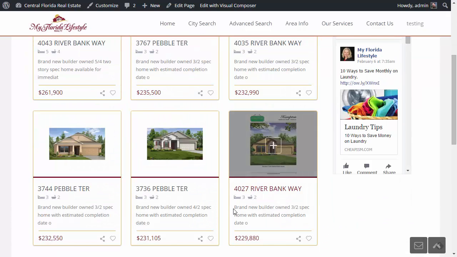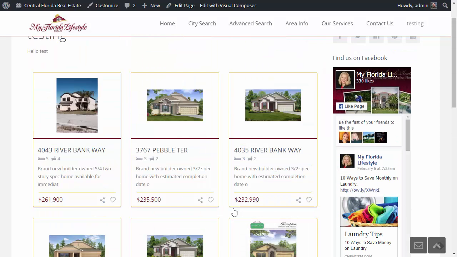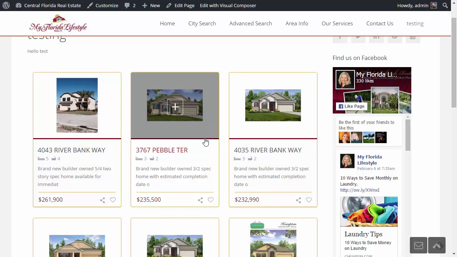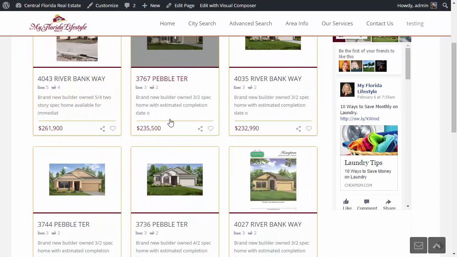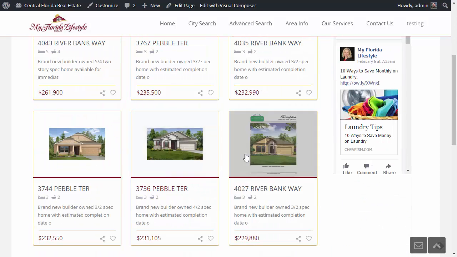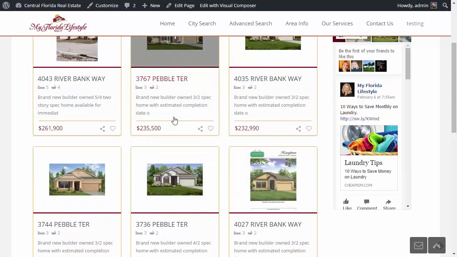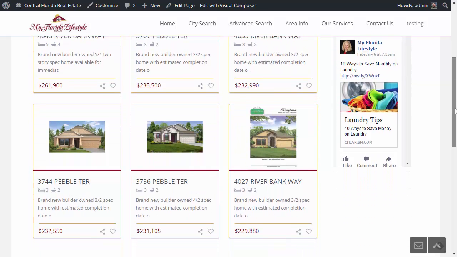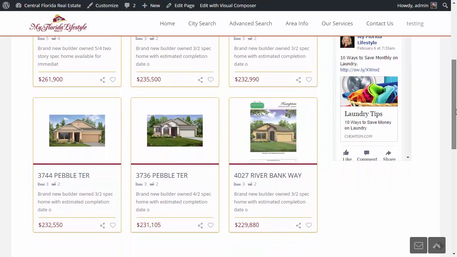It looks like it must be a new community. It looks like all homes, these look like architectural renderings. All right, so this is the way the feature listings works. If you want to do other things such as a price range, let me take a look here. I see that the homes are in the 200,000, so I'm going to go ahead and show you how to do an advanced